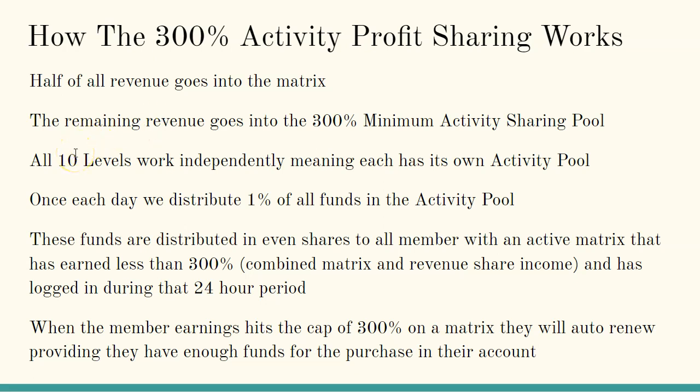At the end of each day, at midnight server time, which is usually 11 o'clock Central Time, my time, midnight Eastern Time in the US, if you have logged in that day and you have an active matrix, meaning a 2x3 matrix that has not earned 300% and closed, because once it earns 300% you can no longer earn from it, then you will get a share of that